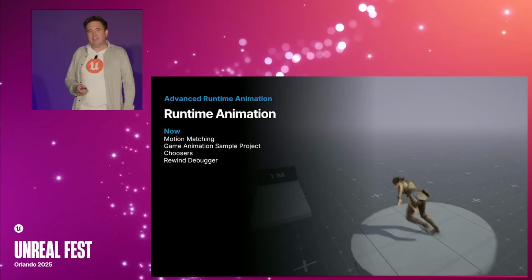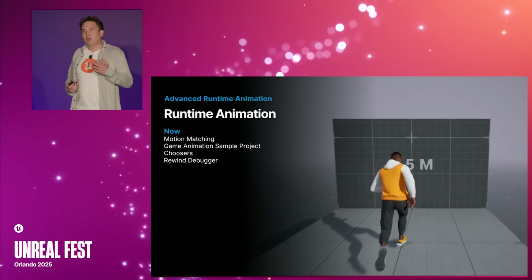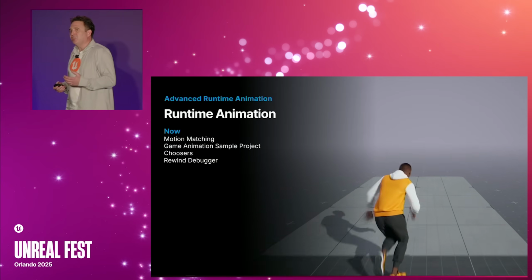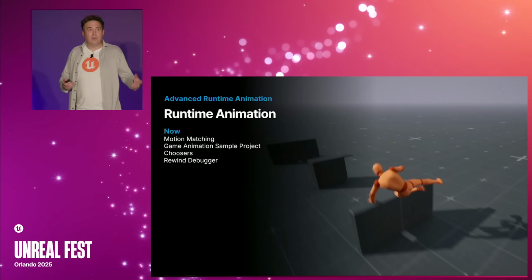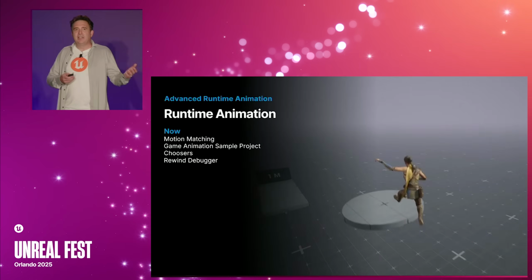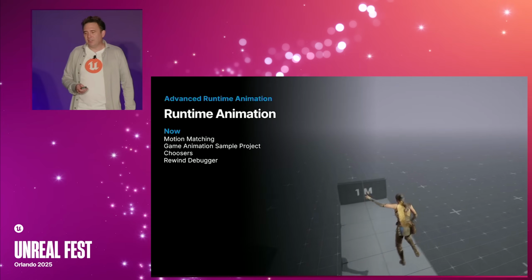Now a system will determine which animation to pick, so you want to introspect why it picked that animation, or maybe you have to inject another animation in that state so it can actually pick it, or even the choosers have more control over the animations it picks based on what your gameplay wants, right? Does the character hurt? Those kinds of things. So yeah, then with